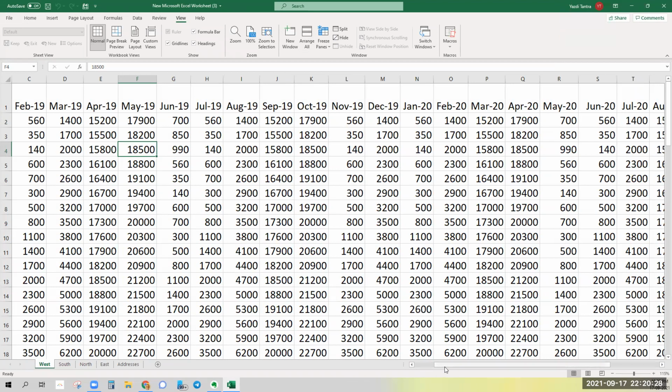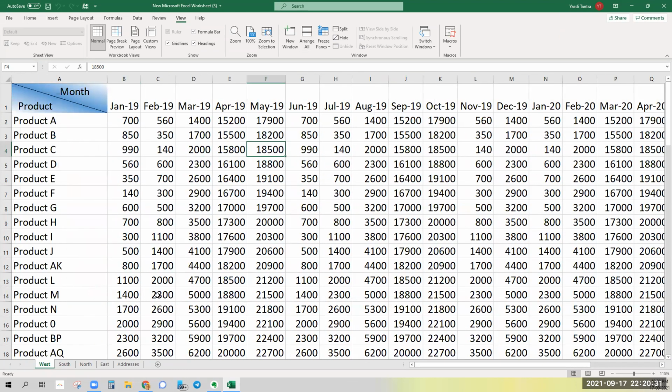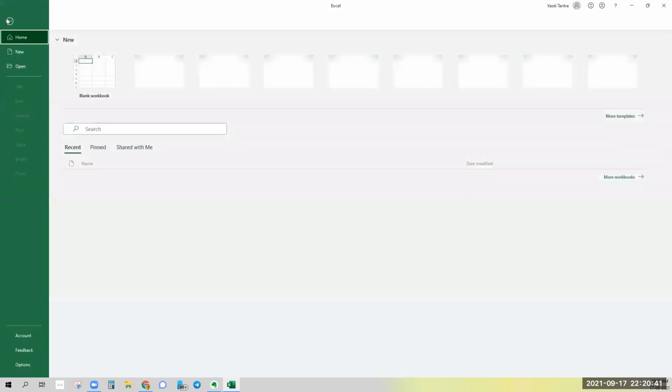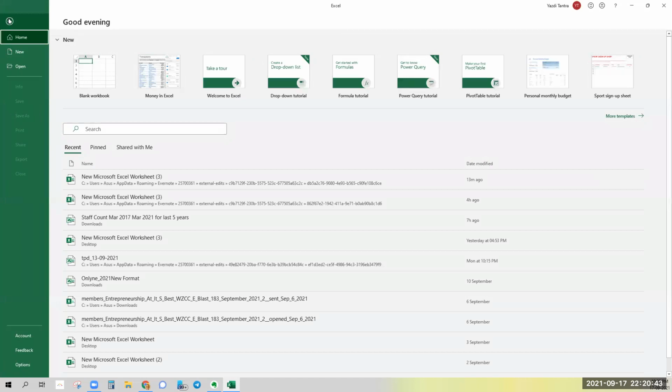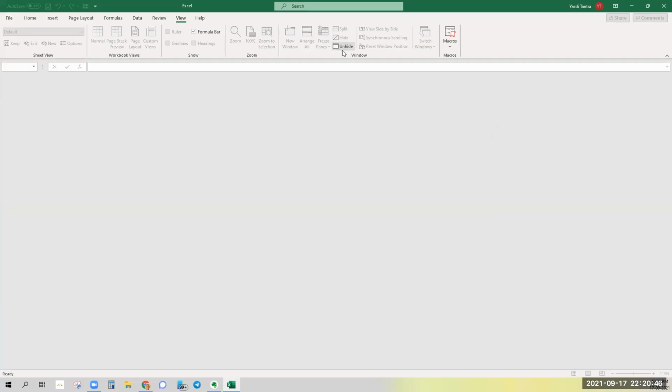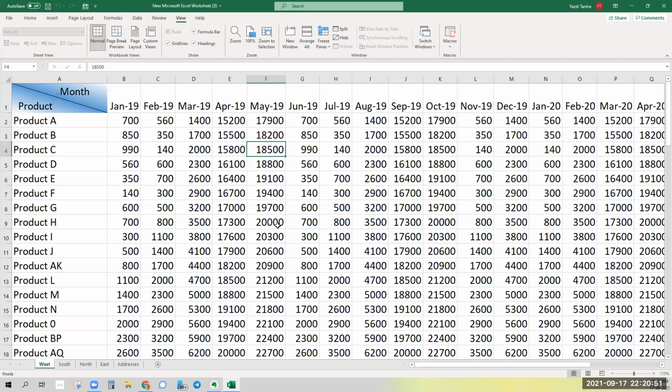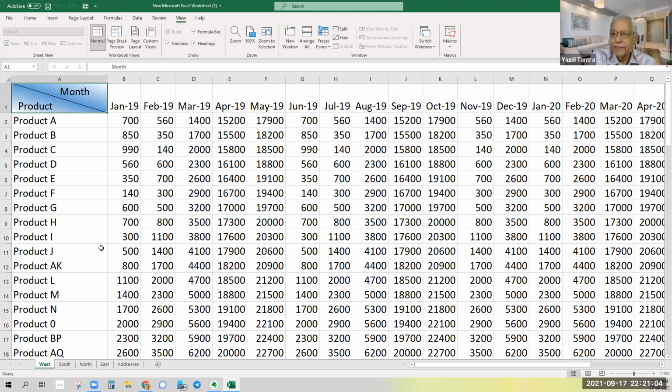But suppose you hide, and that sheet disappears, and you save. Will it remain hidden? I don't know. Under File, there's no option to save. The idea is that you're working on something and sending that file to somebody else, and that somebody else doesn't need to see all the details. Then you can lock it. There are ways of locking the sheet, but let's not get into that for the time being.